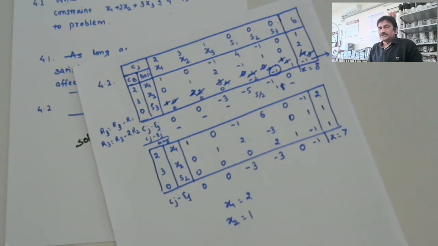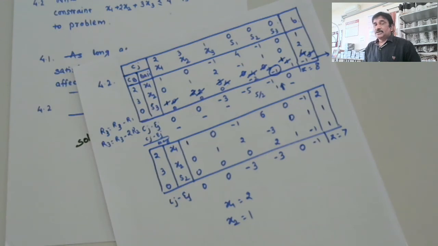Suppose you insert one constraint the way we have inserted here, and you will get a new optimal. With that new optimal, again many constraints among the remaining constraints will get satisfied. Among the constraints which were not satisfied, you will add one more, and you will get a new optimal. This process you continue till all the constraints are exhausted. This will save a lot of your time.